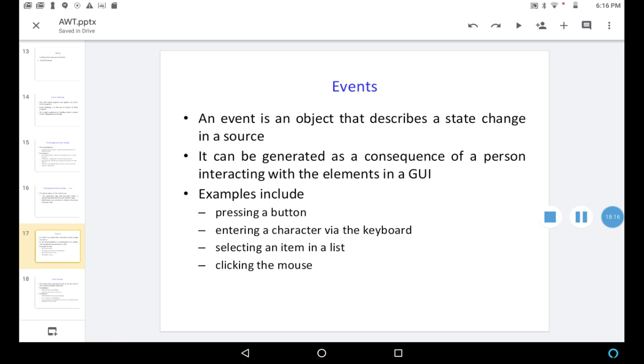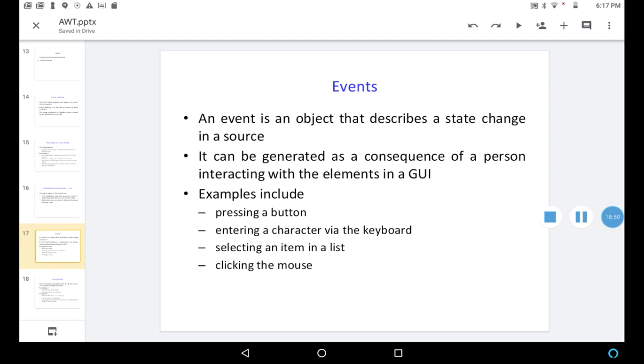So if the user clicks any button or chooses any item or clicks any checkbox or text field or radio button, each and every interaction changes the state of a source. That is called an event. We say that an event occurred.